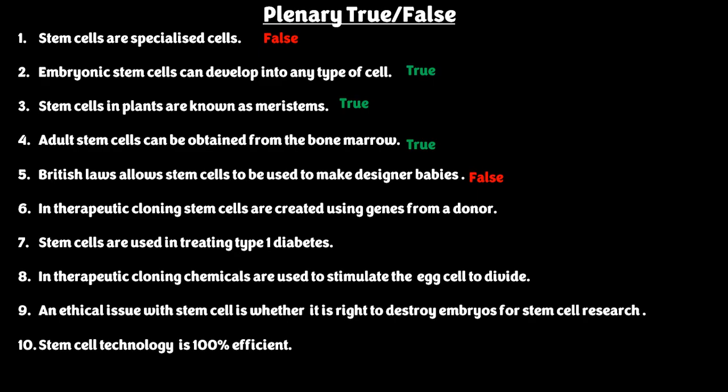That is false. In therapeutic cloning, stem cells are created using genes from a donor. That is false. It's genes from the patient. Stem cells are used in treating type 1 diabetes. That is true. In therapeutic cloning, chemicals are used to stimulate the egg cell to divide. It's not chemicals, it is electric shock. An ethical issue with stem cells is whether it is right to destroy embryos for stem cell technology. That is true. Stem cell technology is 100% efficient. That is false. See you in the